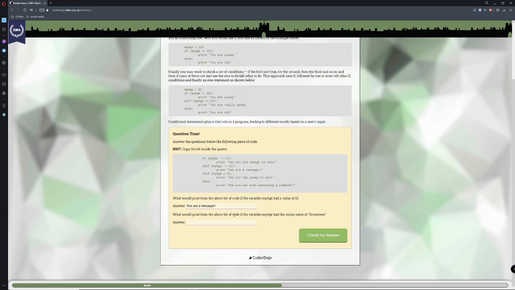Okay? What would print for my variable if the string value was 17? So it's saying here, it's 17. So it's trying to trick you by saying it's a string value. A string value can be, again, I've also done a video on that. A string can be numbers, it can also be letters. So they're just saying the number 17 in words, and if you are older than that, then it will,